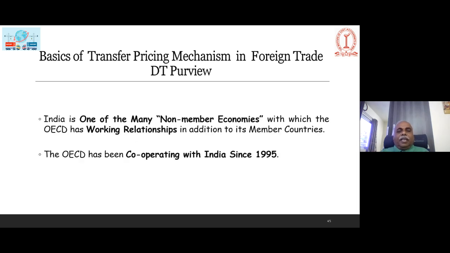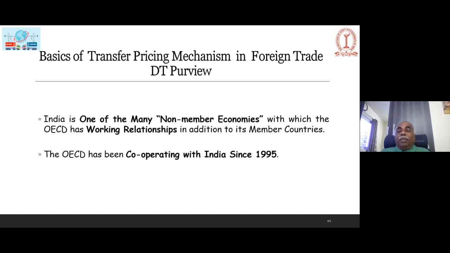India, one of the many non-member economies, has a working relationship with the OECD in addition to member countries. Even though India is not a member of the OECD, it is supporting a lot in developing models to overcome the problem of tax decreasing the revenue of the government. The OECD has been cooperating with India since 1995, but even today India is not a